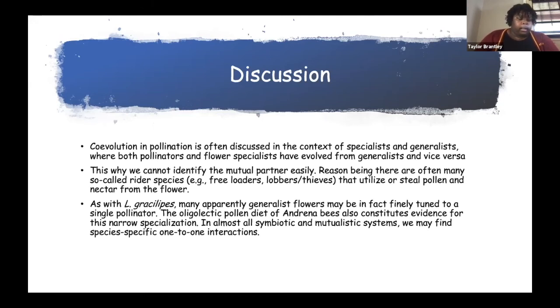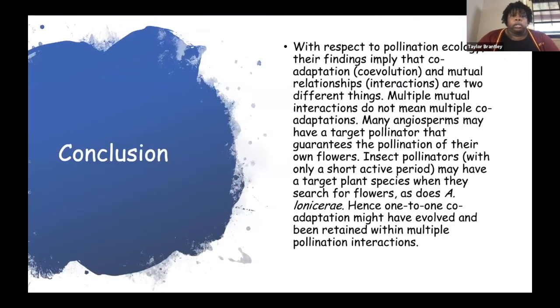The oligolectic pollen diet of Andrena bees also constitutes evidence for this narrow specialization. In almost all symbiotic and mutualistic systems, we may find species-specific one-to-one interactions. So in conclusion, with respect to pollination ecology, their findings imply that adaptation or coevolution and mutualist relationships or interactions are two different things. Multiple mutual interactions do not mean